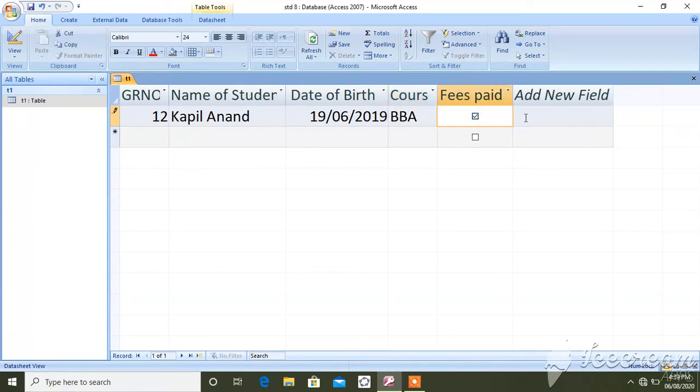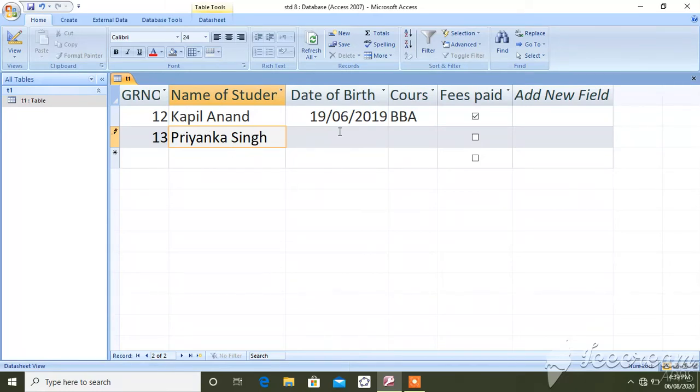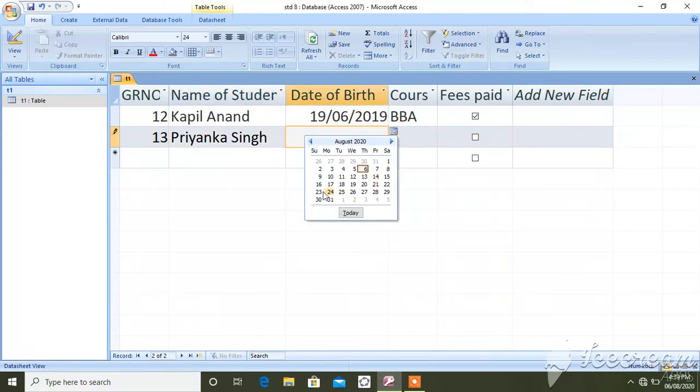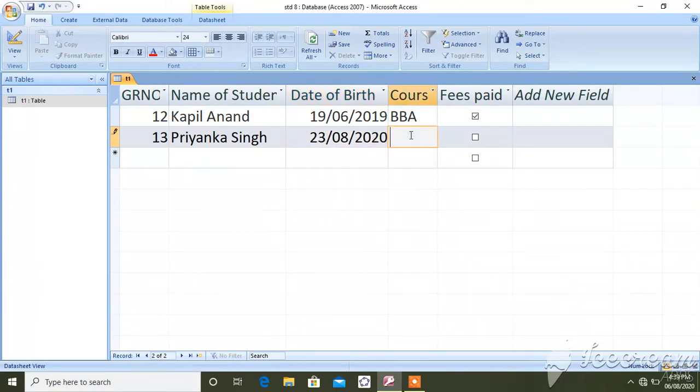Fees paid, yes, a small checkbox will display here. Then we will take the second one, record 13. Priyanka Singh. Date of birth, this is not the correct one, just imagine. BBA. Fees paid, she not paid the fees. Okay, so we can enter the data in the data sheet view.